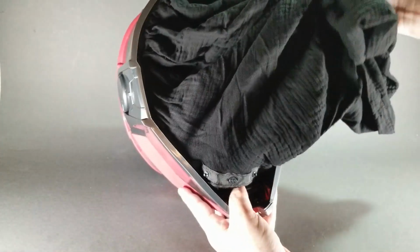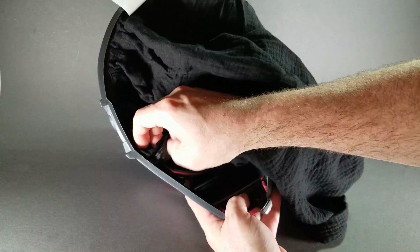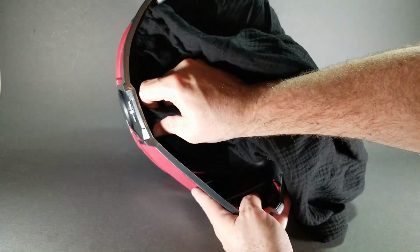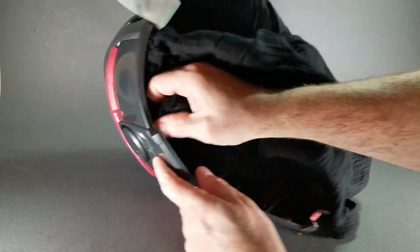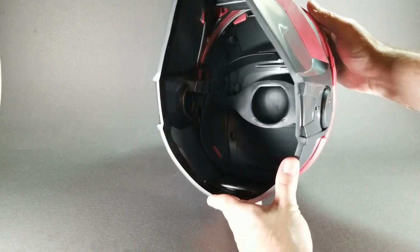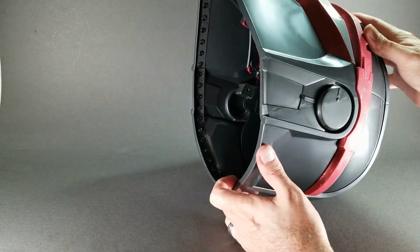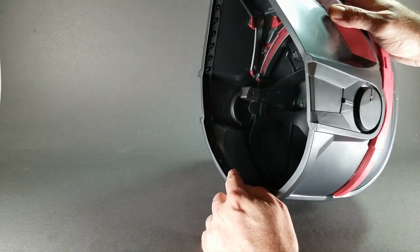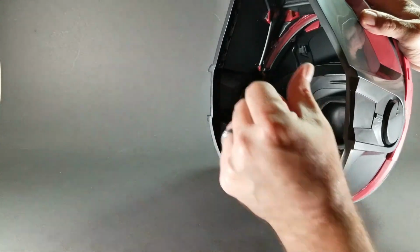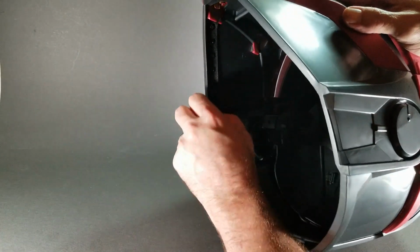Okay, so the cloth seems to be attached to the inside of the helmet with these snaps. Yeah, so it snaps in there so that it'll stay with the helmet. So we're going to get all of that out and take a look at the helmet by itself. Okay, and since we were talking about the cloth being snapped in, as you can see, there are probably a dozen, maybe dozens of these snaps on the inside. And when you're unsnapping it, make sure you push and hold against this, because they're on this bit of cloth right here, and it seems to